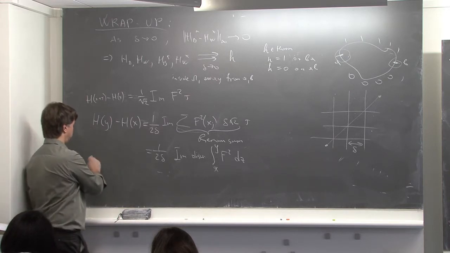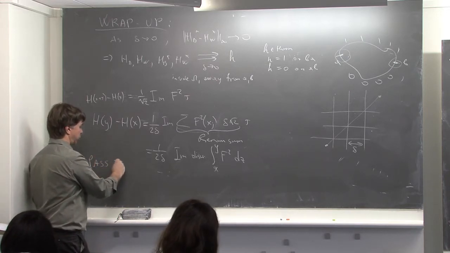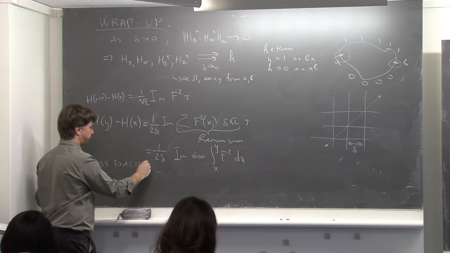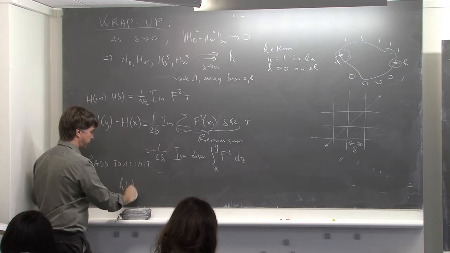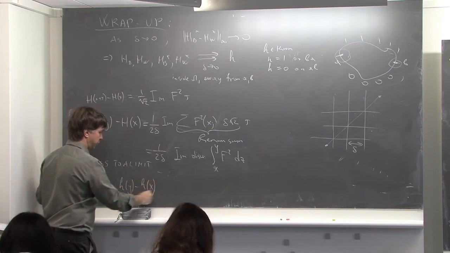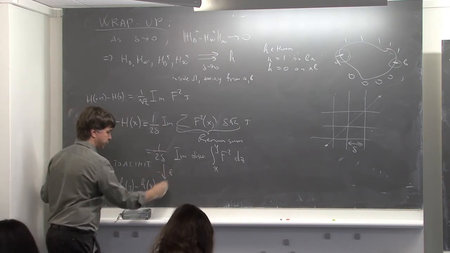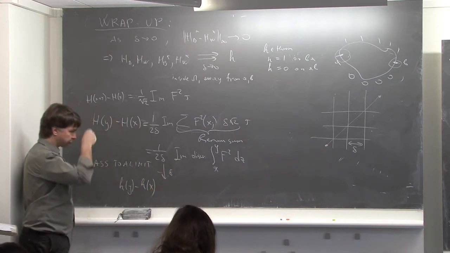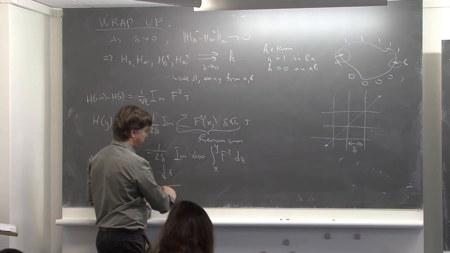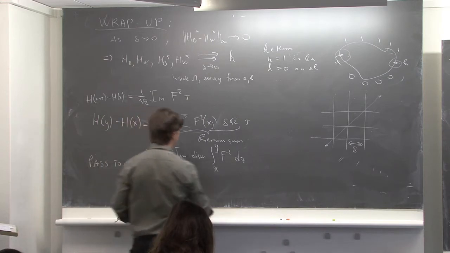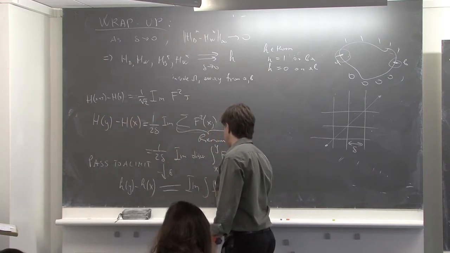And then we pass to a limit. So h converges to h small of x minus h small of y will then be equal to imaginary part integral of f squared dz,